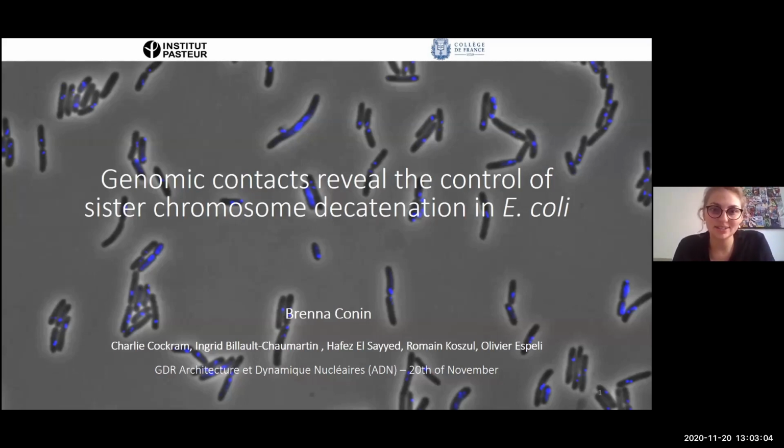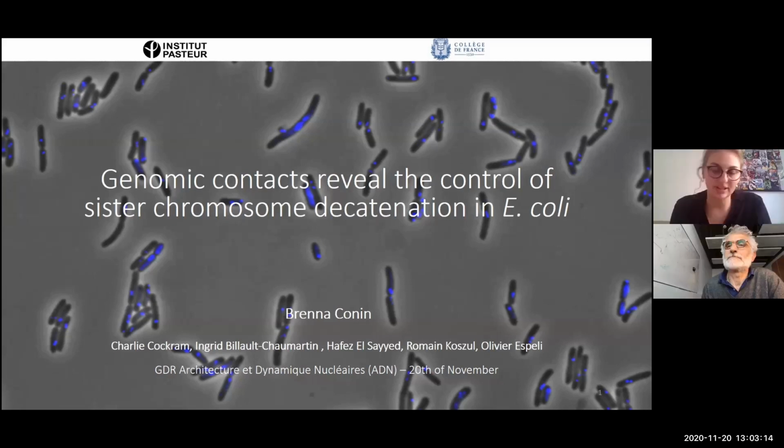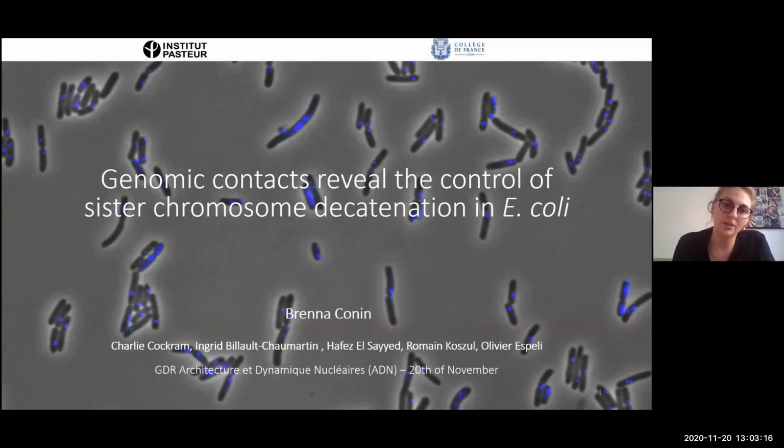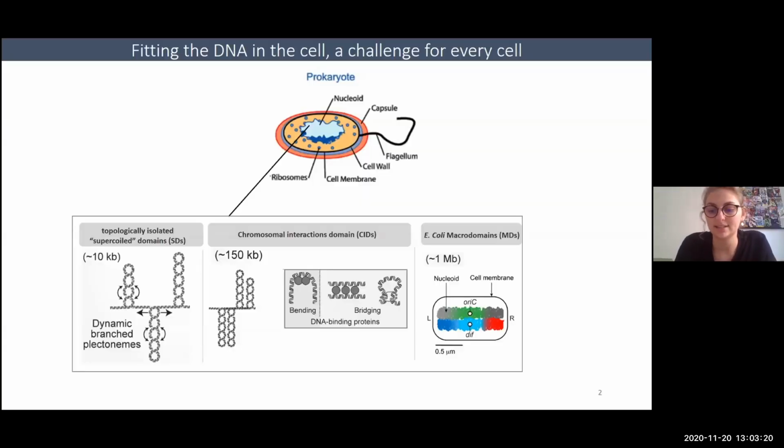So I conducted this work at the Pasteur Institute and at the Collège de France under the supervision of Roman Kozul and Olivier Spelly. And part of the work that I've done showed that genomic contacts reveal the control of sister chromosome decatenation in E. coli. So as you know, DNA is a polymer that needs to be folded to fit within the volume of